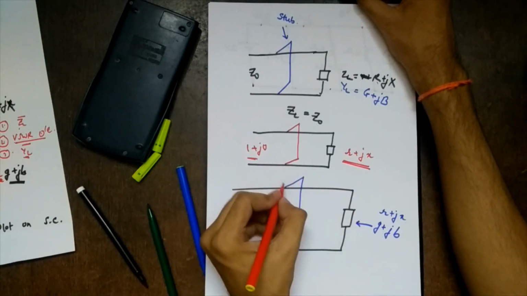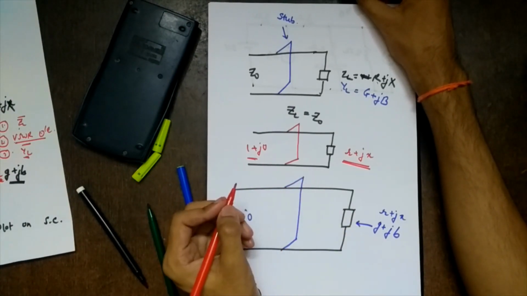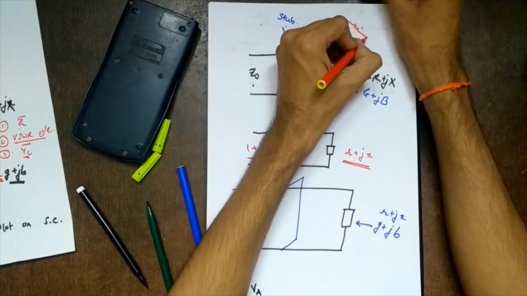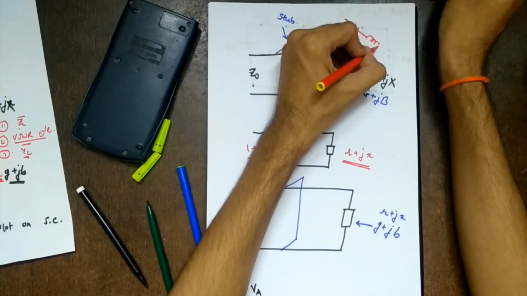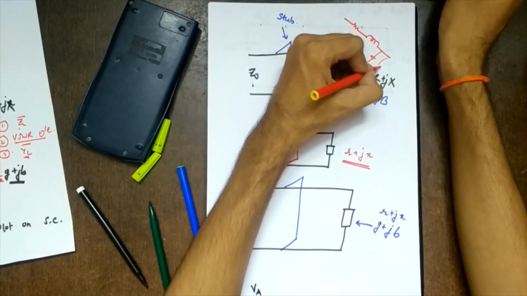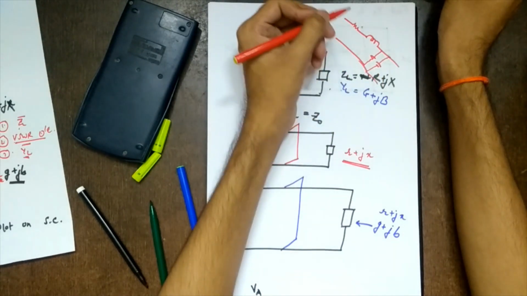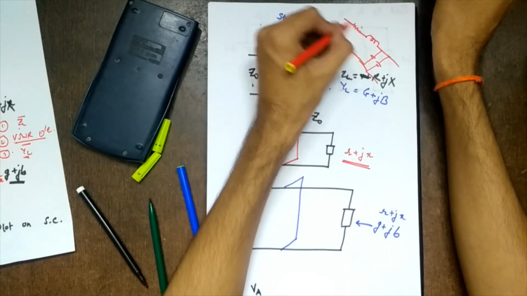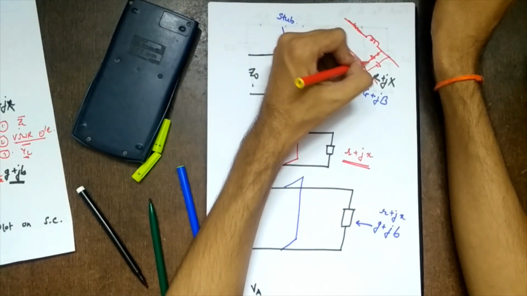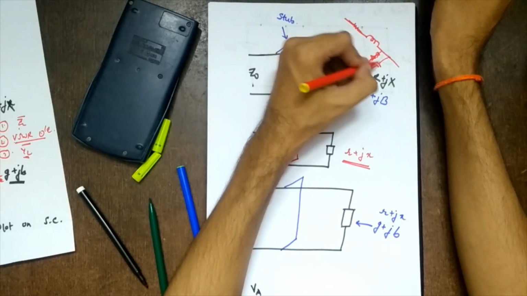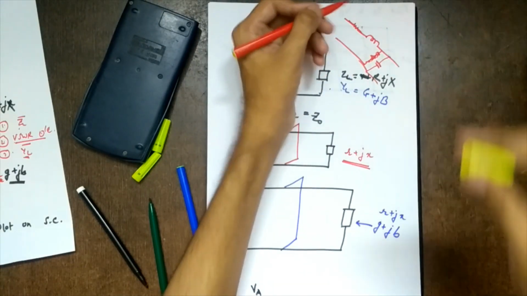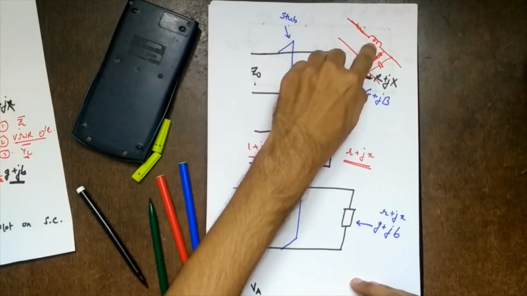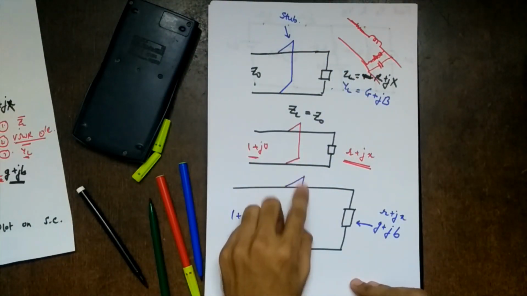And as told yesterday, a stub is nothing but a section of transmission line. And what does a transmission line represent? R, L, G and C. This is the combination. And usually transmission lines have very low loss. So R will be 0 and G will be very low, so this will be represented by an open circuit. So we'll have an L and C. Right? So we can design this stub to represent just an inductor or a capacitor. So this is what we mean by a stub.